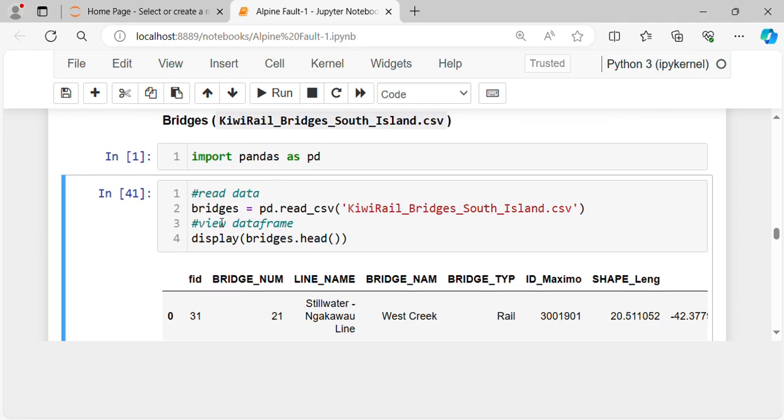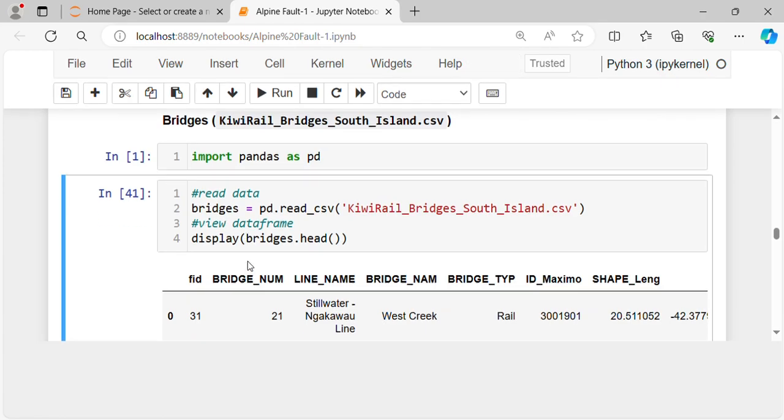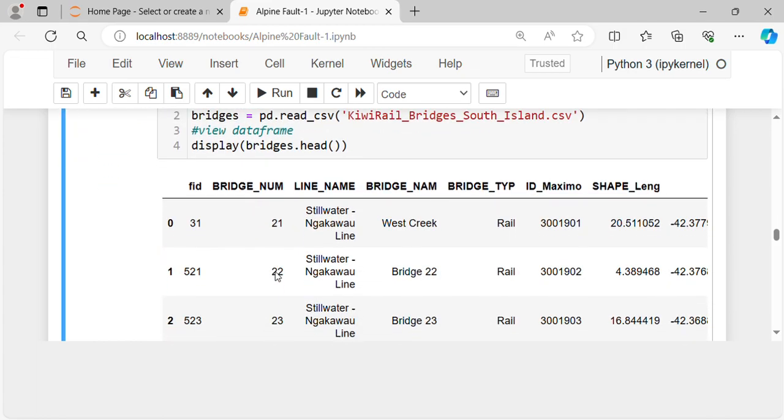So read the data by passing the command bridges = pd.read_csv( and then the name of the CSV file with the extension, and close the bracket. View the data frame by passing the command display(bridges.head()), and the bridges contain